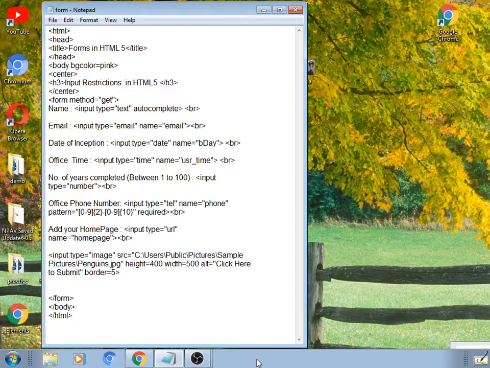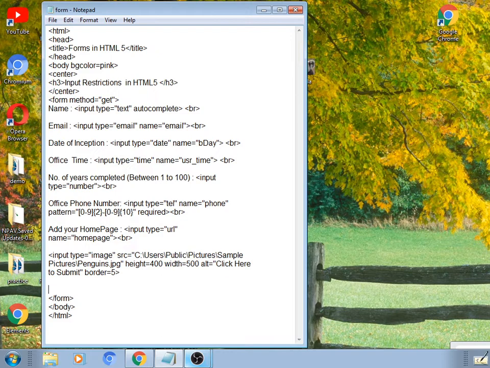Hello student, in the last lecture we have seen input restrictions theoretically. Those restrictions are applied on input elements in HTML5. So, we have seen such types of elements: month, color box, number box, URL, date, email and so on.